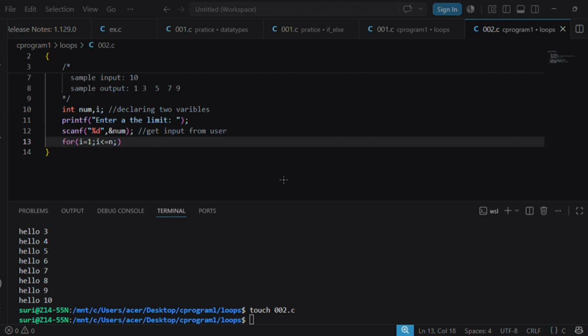So let's consider this 1 as the first value, then 3, so consider this i here, then 5.